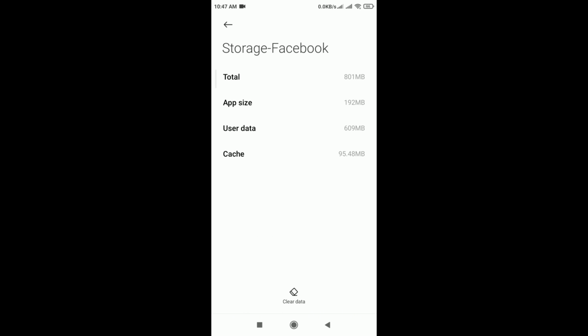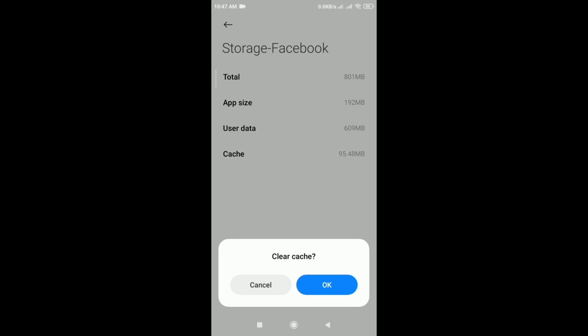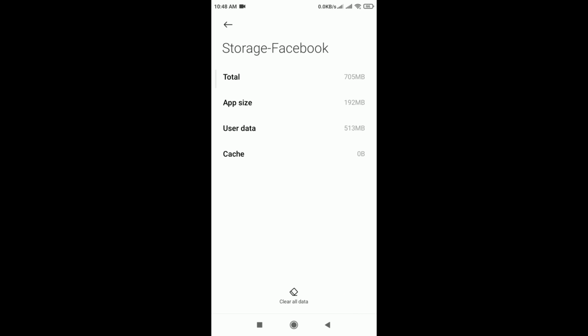In bottom there is clear data. Tap on it. From the pop-up, tap on clear cache and tap on OK. And this might fix your issue, but if this still does not fix your issue, then what you have to